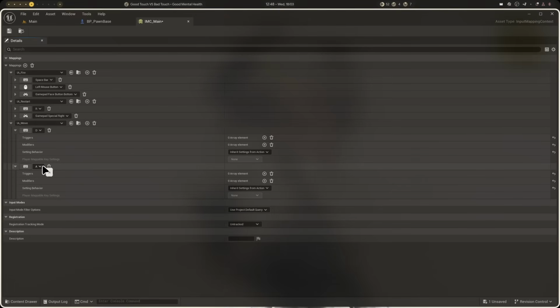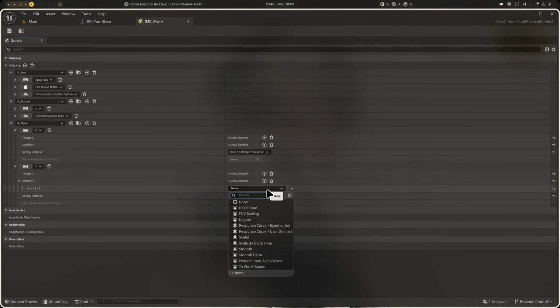Now this is where things change a little bit, and this is unique to the enhanced input settings. Even though we have these set as a one directional axis, a floating point value for our IA_move, you can see we don't actually have any floating values to change here to invert the A to make things move left. Instead, this is where modifiers come in with the enhanced input system. So if we click on the plus sign on the modifier, we can drop this down